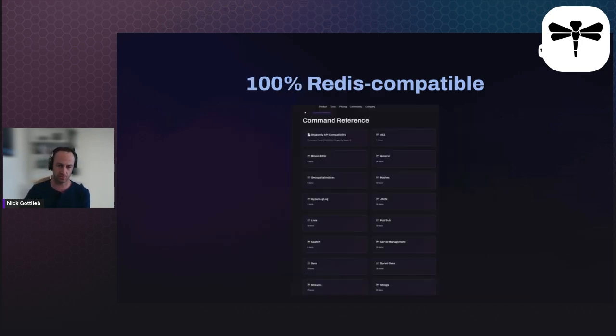It is also 100% Redis compatible. And the reason we designed Dragonfly this way is because we think that the Redis API is actually really great and that the Redis developer experience is really great. So we just adopted that. All of the same SDKs, libraries, the CLI, everything works the exact same with Redis and Dragonfly. And you can see here in our documentation, we support all of the same commands that exist in Redis. So there's no difference at the data layer. All of the differences are on the back end at the performance and compute